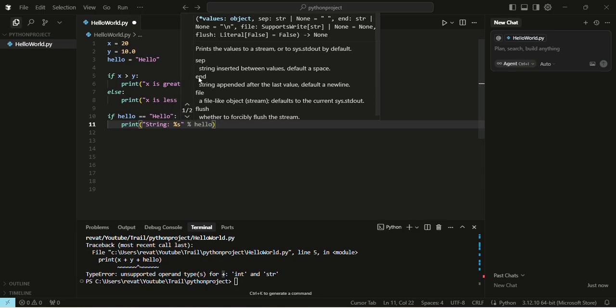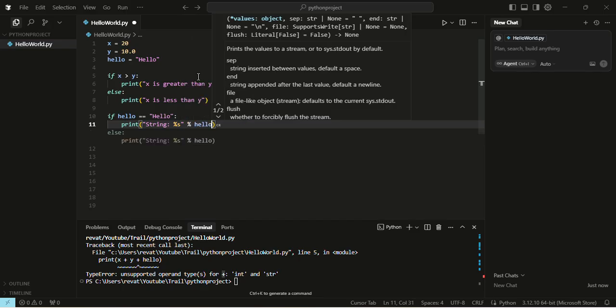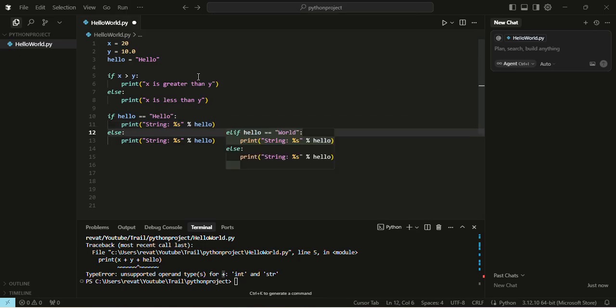We can use placeholders as %s for string. So else, we can ignore the else case and we will try to do some operations on the other